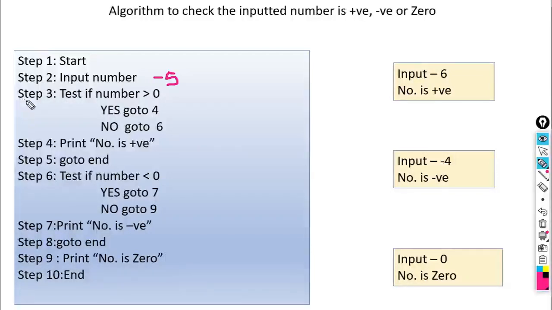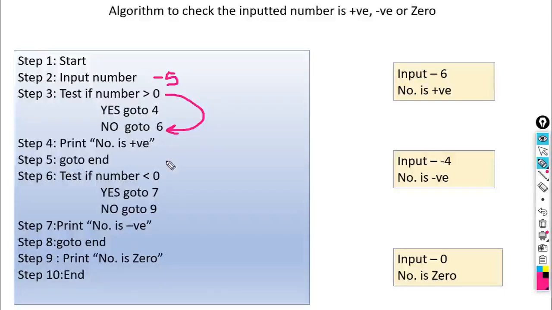So it will take your control to step number 3. It will check, test if number greater than 0. Is it true or false? Our number is -5. So -5 is not greater than 0. Okay. So it will take this control to no, go to 6.